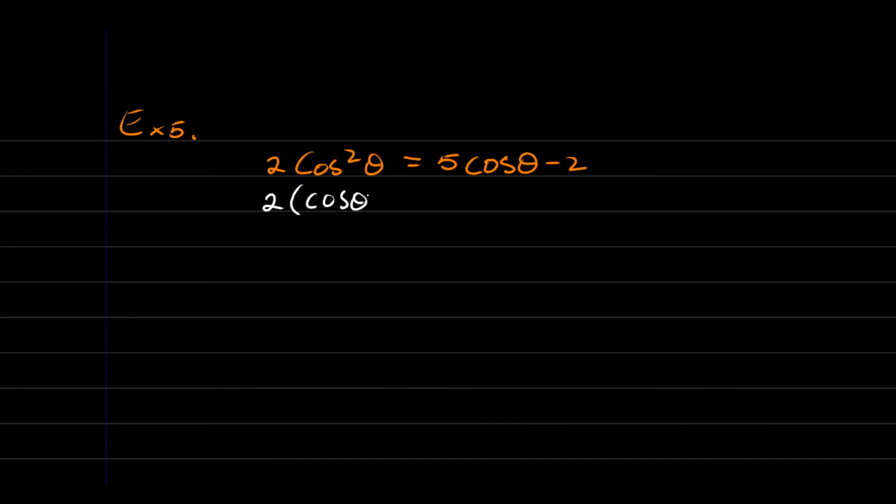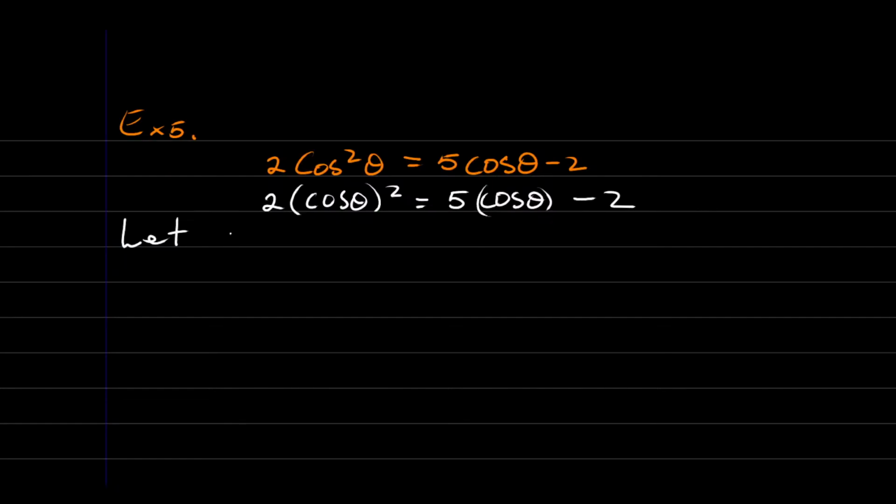We go on to the next page, and I'm going to do number 5 now. So example 5, and we have 2 cos squared theta is equal to 5 cos theta minus 2, and from there I'm going to rewrite, and I'm going to get something like this: 2 (cos theta) squared equal to 5 cos theta minus 2, and I'm going to put that in bracket as well, and I'm going to let